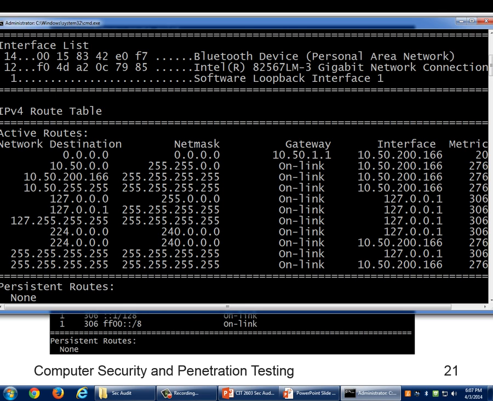Okay. And same with the 127. It's the same thing. 127 is loopback. That's me as well. And a lot of other stuff like 224. That's multicast stuff. That's like broadcast type traffic. So you don't need to worry about that as much. But this routing table tells us how to get there. If we were to edit this routing table, like when I took care of the network at,